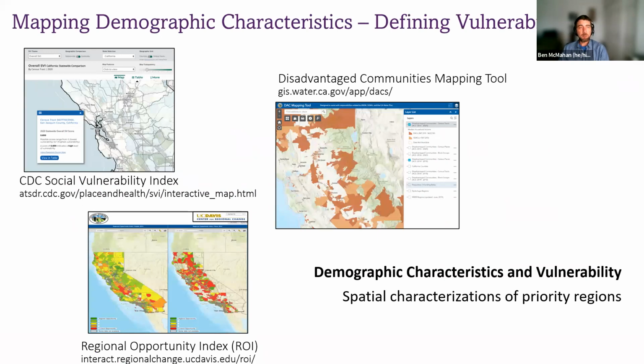So first of all, we might think about mapping some of the baseline demographic characteristics, a first pass at defining vulnerability. And there's a number of tools out there that can help you do this. A few examples that I've highlighted here are the CDC Social Vulnerability Index, which gives a baseline consideration of community scale or even census tract scale social vulnerability on a relative basis. We have the Disadvantaged Communities Mapping tool, which again identifies regions based on their disadvantaged community status, and then the Regional Opportunity Index,